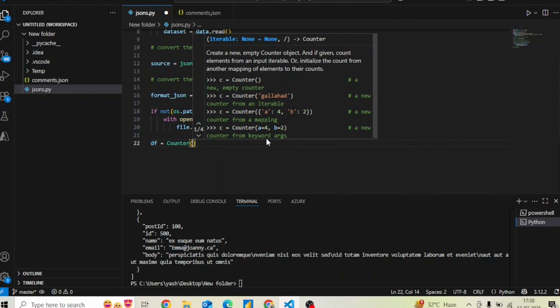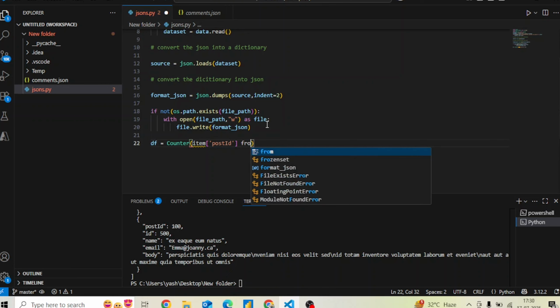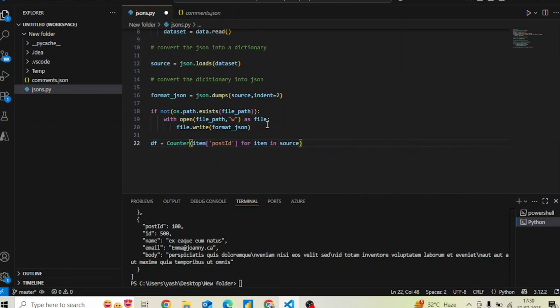But if I work on the JSON directly, because it's text format, it won't work. So I have to pass in the dictionary, which is the source dictionary. So I will say give me the item of the post ID for item in source,